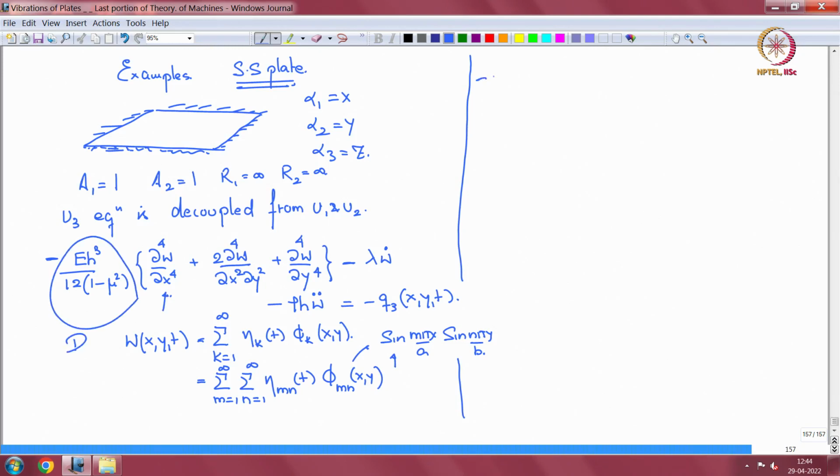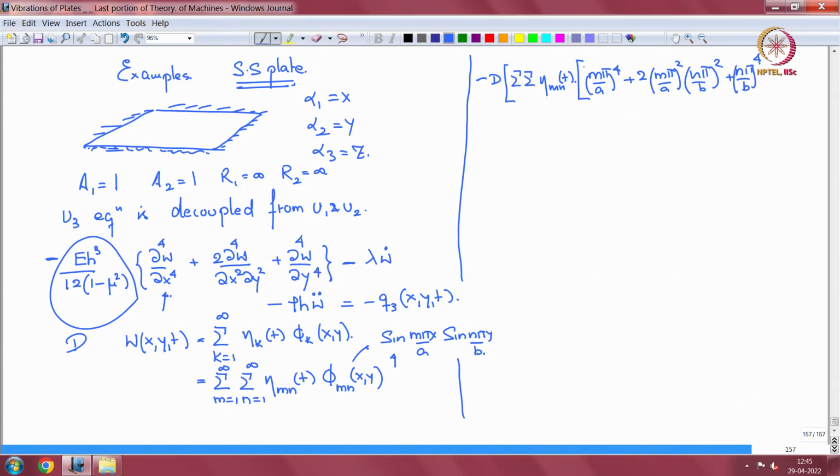So I get a minus d double sum eta mn of t and m pi by a whole fourth plus twice m pi by a whole squared n pi by b whole squared plus n pi by b whole fourth,